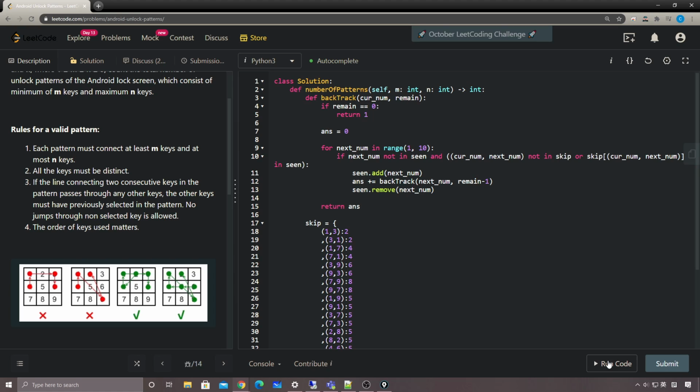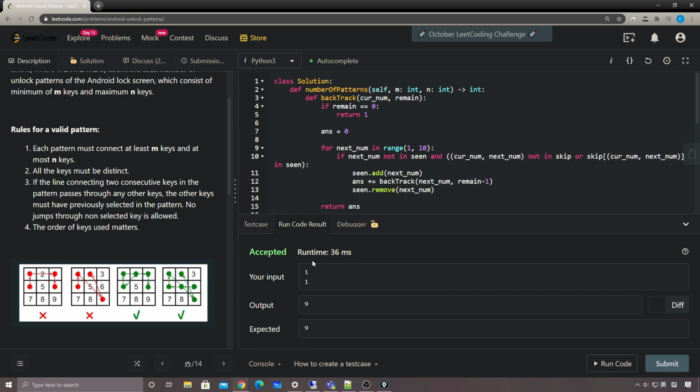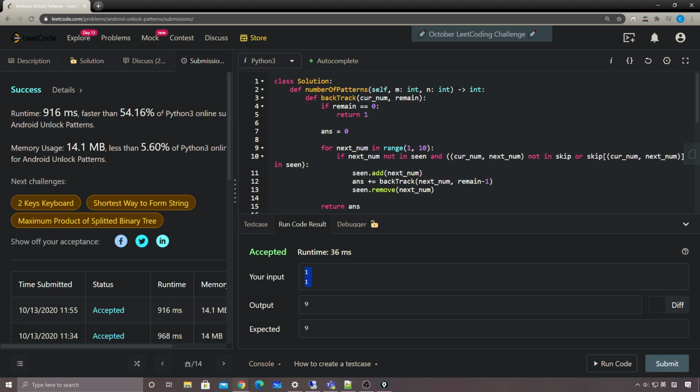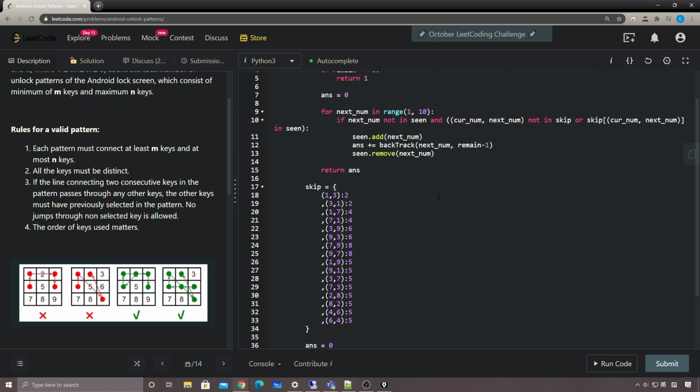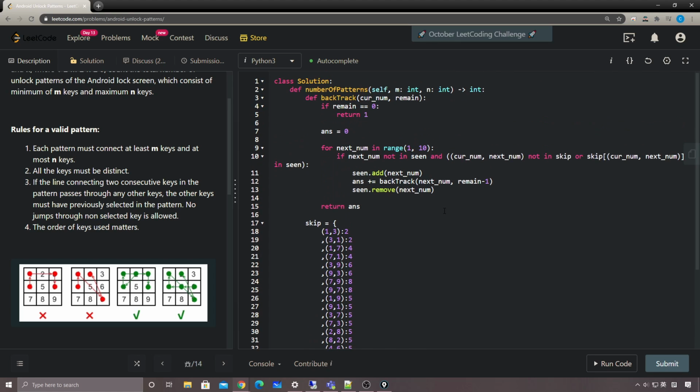This should work. Let me try to run the code here. So the one case works. Submit. Cool. So yeah, I think it works. And I think there is a little bit of improvement we can make here. Instead of